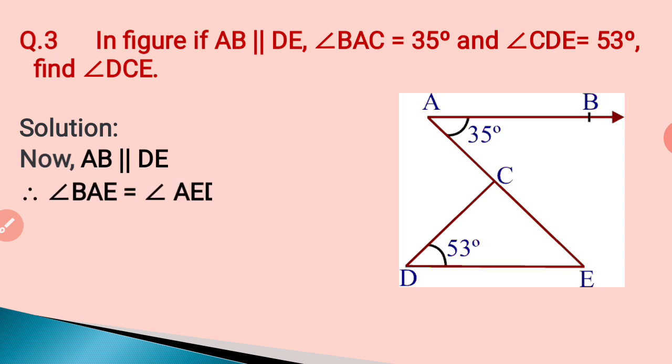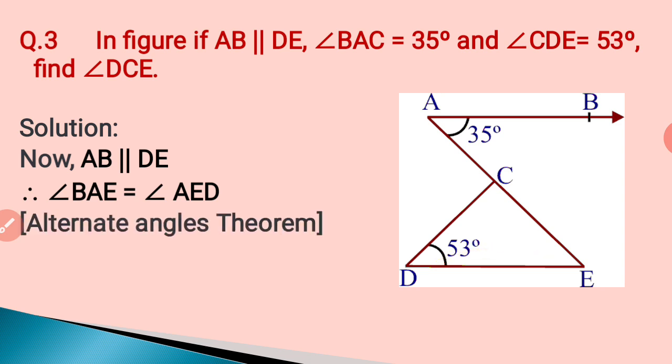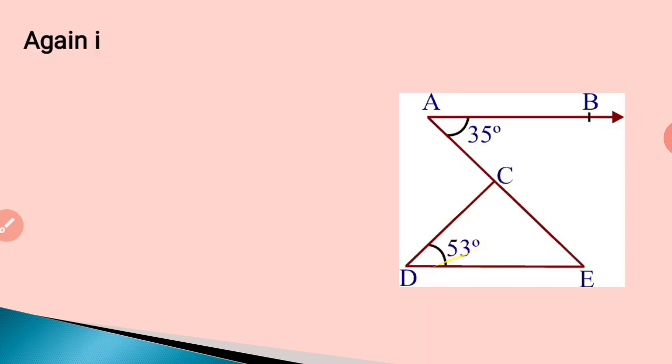Here the lines are parallel, so the angles are equal. They are alternate interior angles. So we have used alternate interior angles theorem. Now we already know the value of angle CED that we have just calculated. Moreover, angle D is given to us. So now let us think of triangle DCE, and in the triangle two angles are known to us. We have to just find out the third angle, and for this purpose we always use angle sum theorem. So let us use angle sum theorem and get the answer.